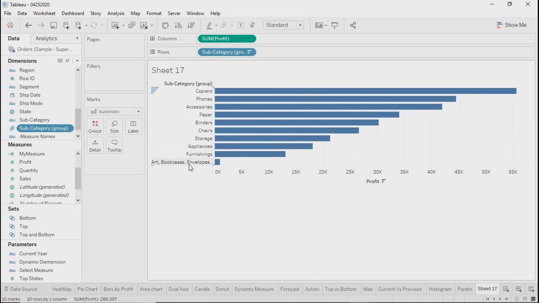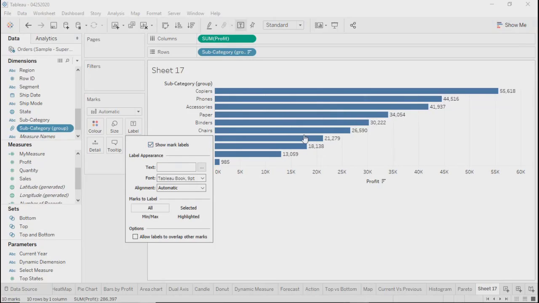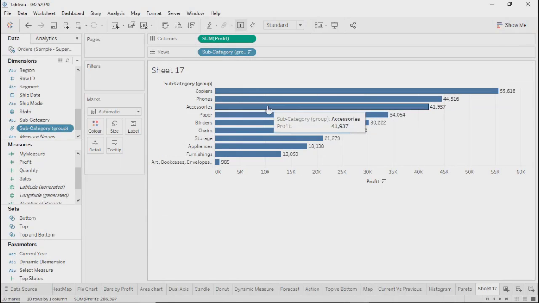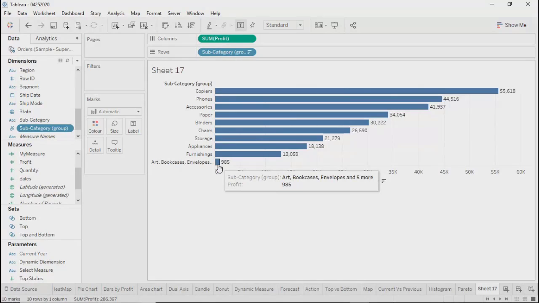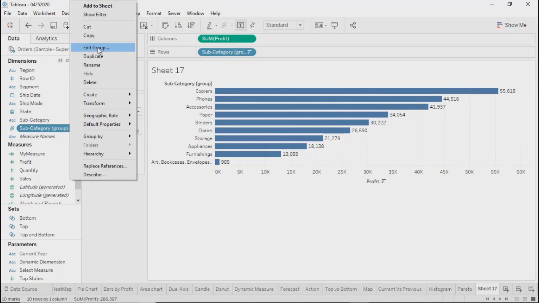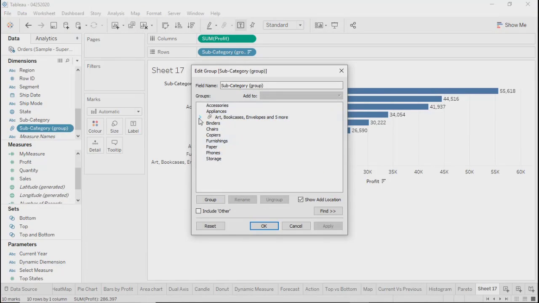I'm still showing that thing here, but I'm not focusing on individual elements. Now I can see the profit of my core elements properly over here, and we can focus and discuss these things individually. If you need to go ahead with any of these elements, you can go to this group, subcategory group, edit group, and then you can see here,